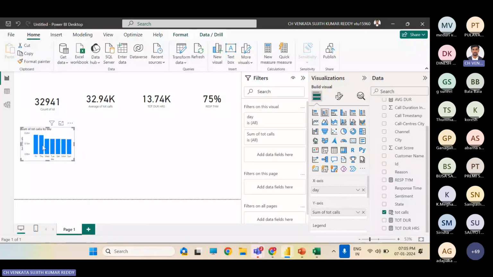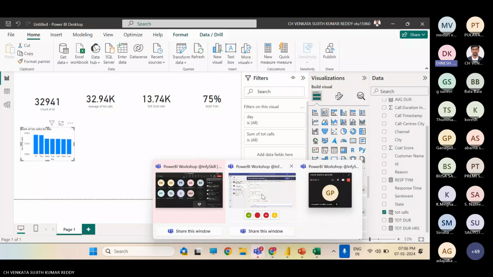Understood, right? So here I want to show how many number of calls have been taken on a particular day. On Monday, what is the thing? On Tuesday, what is the thing? Like that, I thought of putting. Why I kept in x-axis? I want to show date wise, day wise, so I put it in x-axis. You got it right till here? Yes, sir.